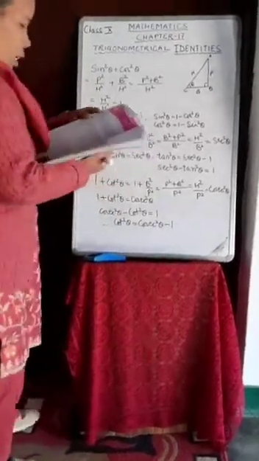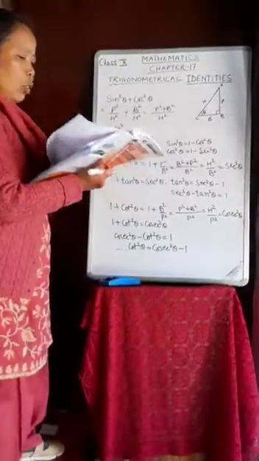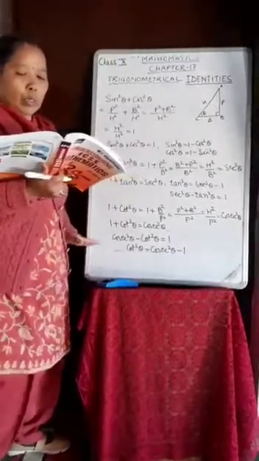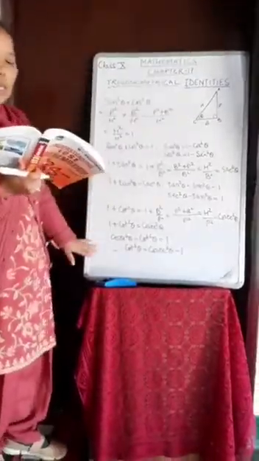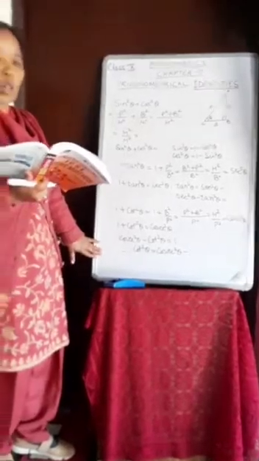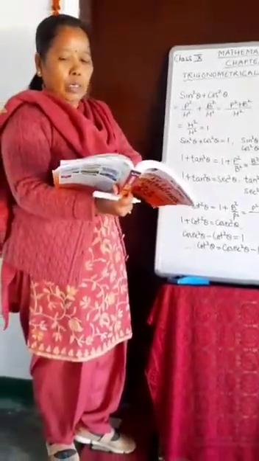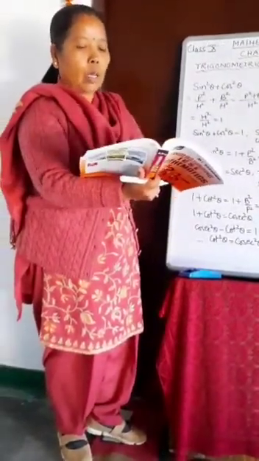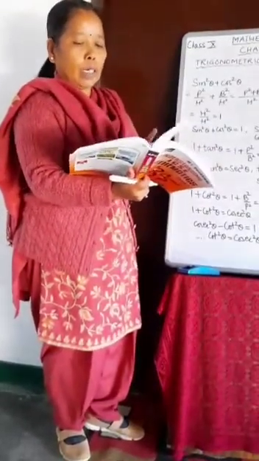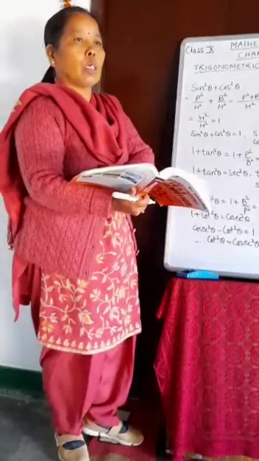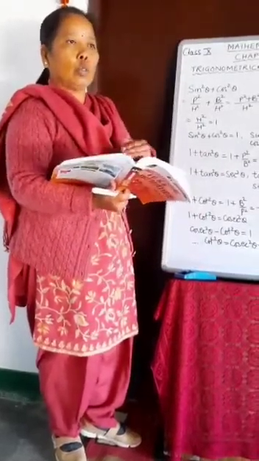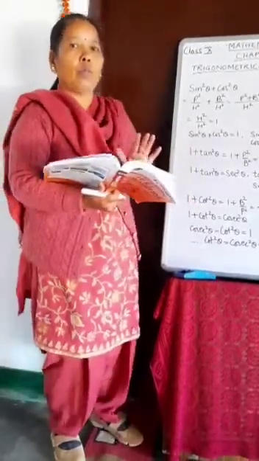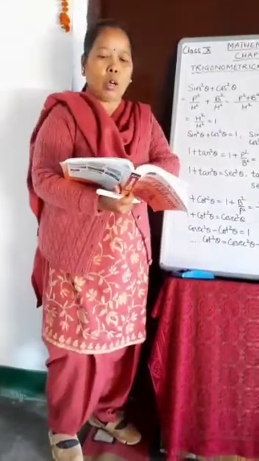So these are the square relations; the reciprocal relations I told you earlier, and the square relations I have just told you. These are some fundamental identities in trigonometry. If you use all these formulas, you will be able to solve the questions of the 18th chapter. In this exercise you have to prove the identities. In most of the questions, if tan theta, cot theta, cosec and sec are given, it is easy to solve by changing them into terms of sin theta and cos theta. That will make it easy for you to prove the questions of the 18th chapter.